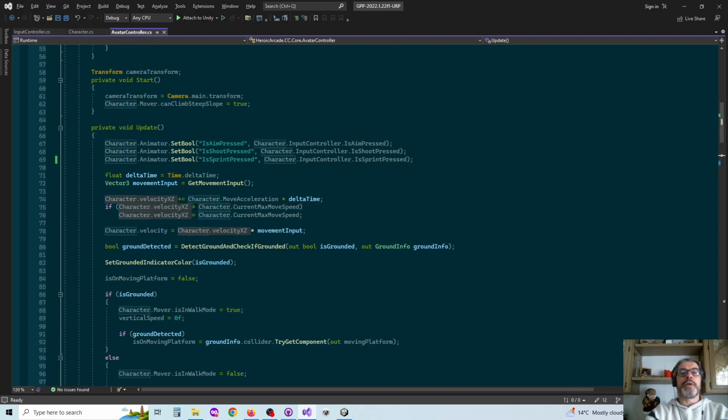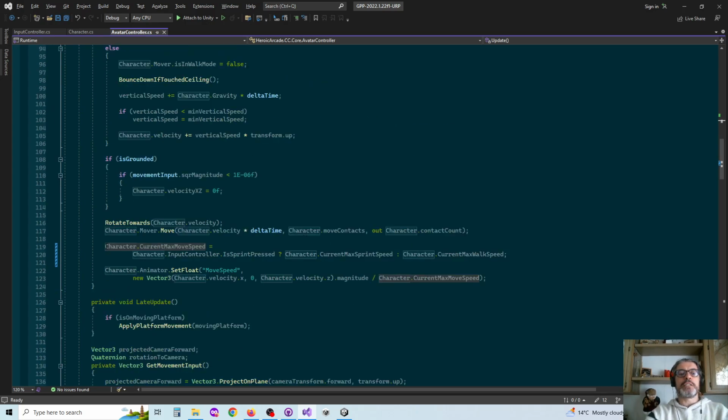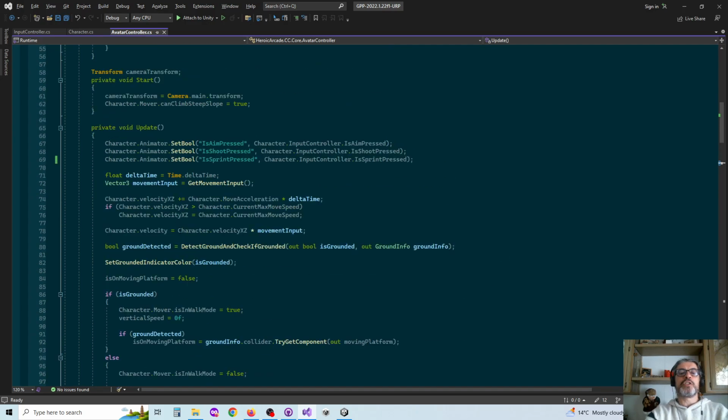because here at the top, when you apply the acceleration delta time to the velocity xz, you check that it is not greater than max move speed. Again, it can be equal, based on this, to the sprint speed or the walking speed. And so basically this value is allowed to grow up to 6 or only up to 3, depending on whether shift is pressed or not. And so